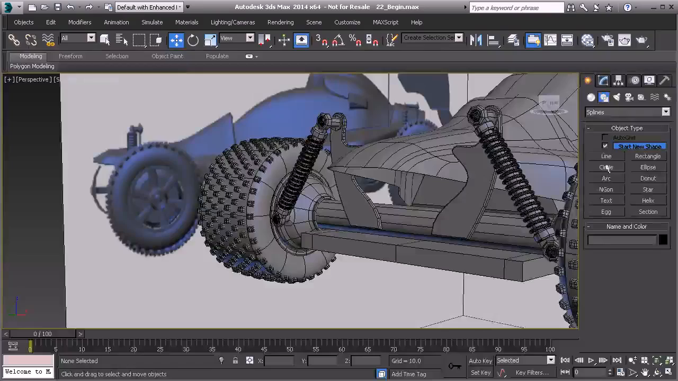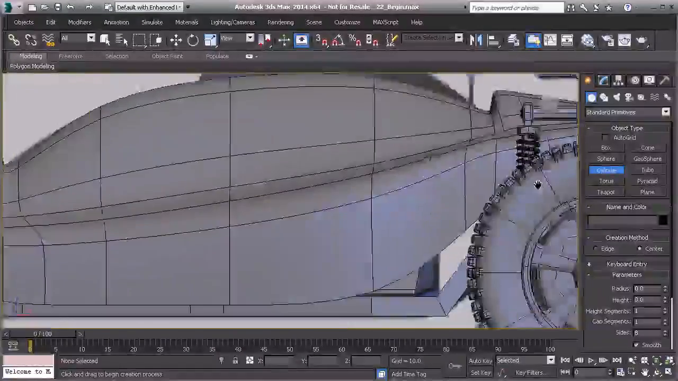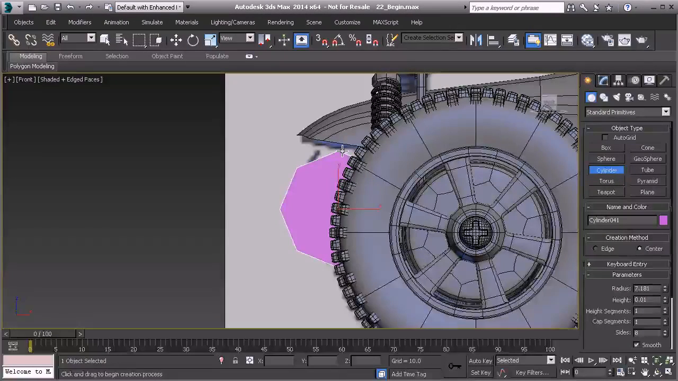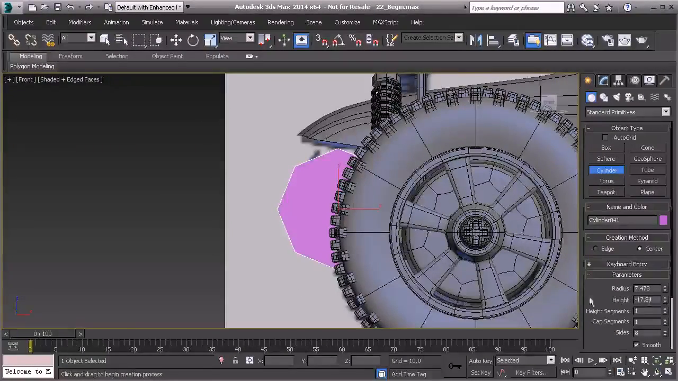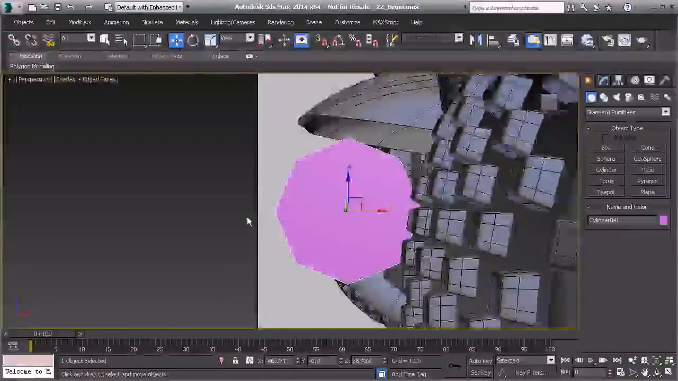So let's go to our Create panel and create a cylinder, and we're going to go to our front view to do this. So I'm going to create a cylinder, and I'm going to get it pretty close to about the radius that I see of that bumper there. And I'm going to pull that up, and it looks like maybe about 7.5 is going to be a good radius. And then also let's make sure that we get our height. So I'm going to left click on that. And let's right click to end our cylinder creation process,